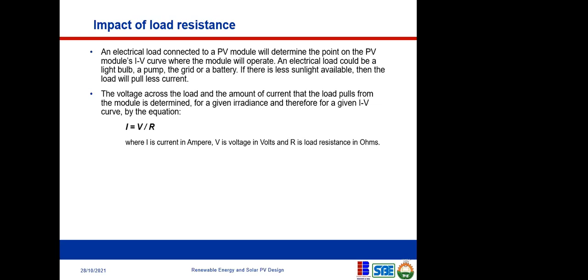Right? So where I is the current in amperage, V is voltage in volts, and R is the resistance. Now, if you look at that resistance, if you have a load with a higher resistance, it affects your current and your voltage. Now, this current and voltage is what the load is expected to draw from that solar panel, right? So what this helps us establish is the relationship between voltage, current, and resistance